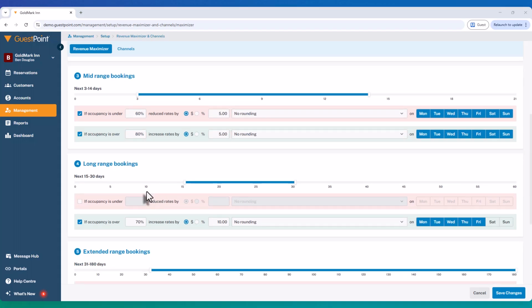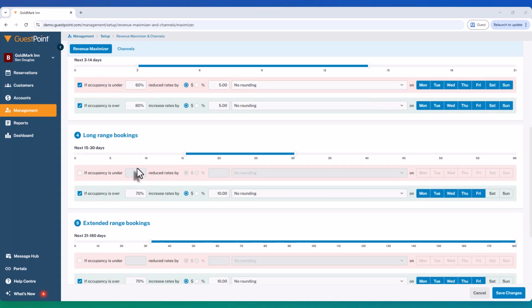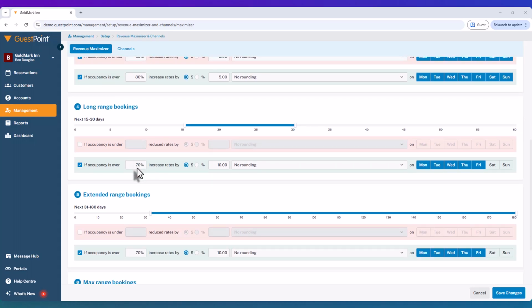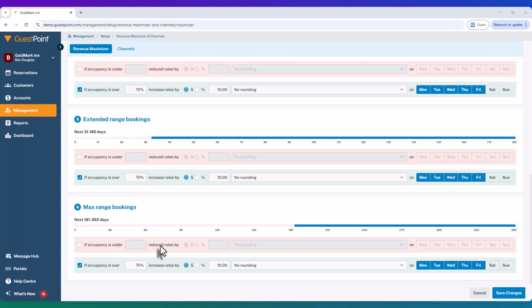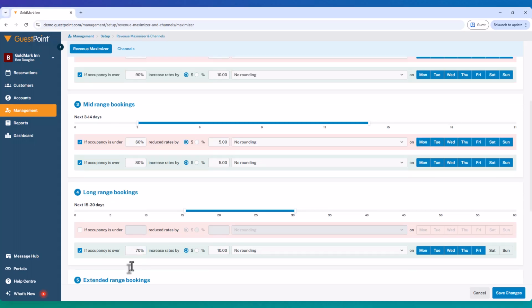We can do the same thing across multiple date ranges. We're not going to continue to go through each one as they function in the exact same way. One thing to look at is if you receive a group booking for 20 rooms and that pushes your occupancy above 70%